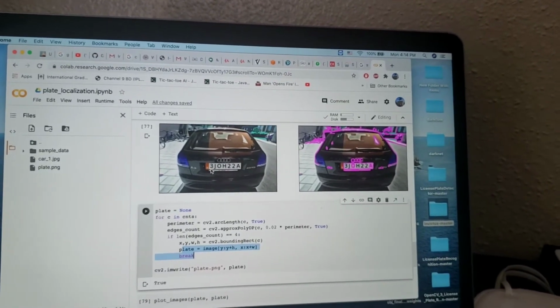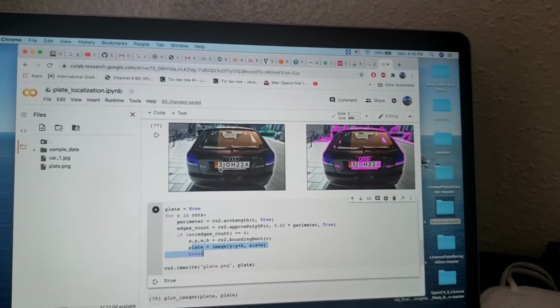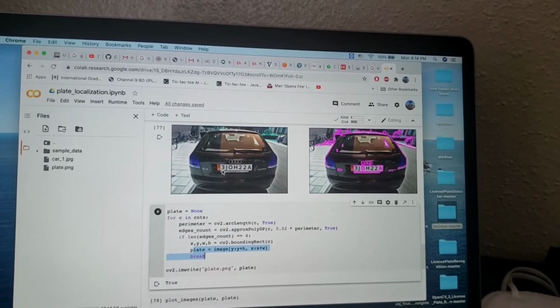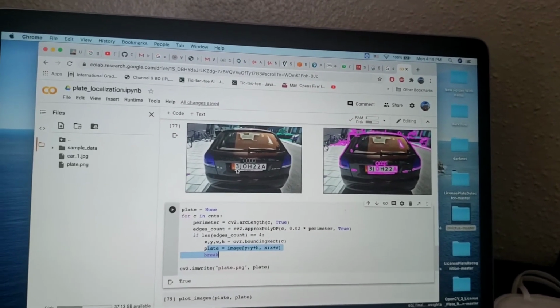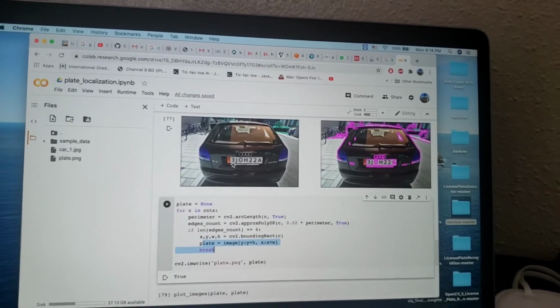If the size of the photo changes and the car size also changes, then this won't work perfectly.